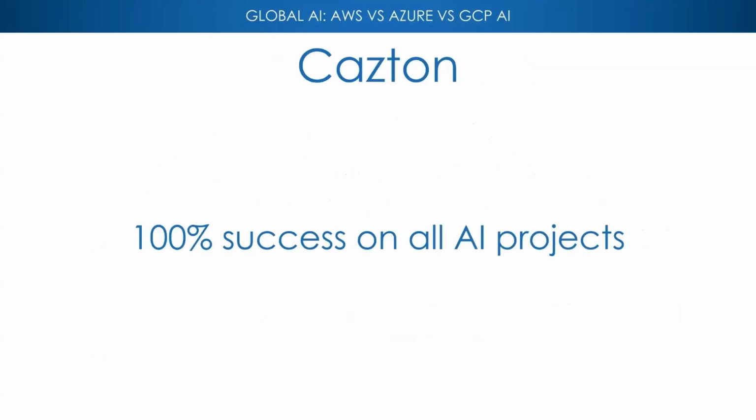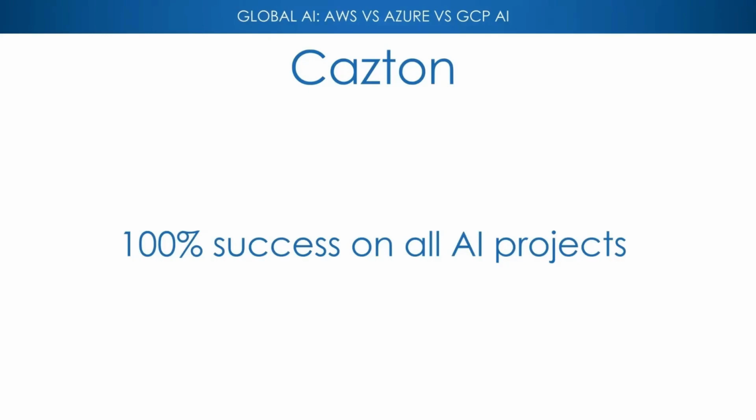Just so you know, as a company, Kasten has 100% success on all AI projects, and we help a lot of clients, Fortune 500, large size, mid-size corporations, and quite a few startups work not just on AI but also big data as well as enterprise applications, including web as well as mobile, and scale on different clouds, multi-cloud, and a lot of other kinds of solutions. So we thought, why don't we share some of the things with you, and it might make some of your projects better, and of course learn from you where you are doing it better. So if you have any feedback, please reach out to us.